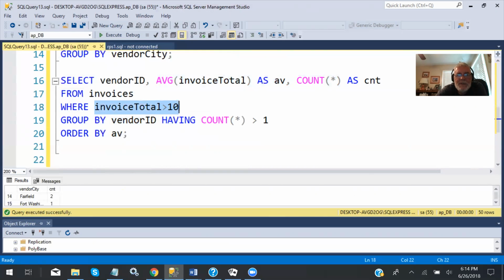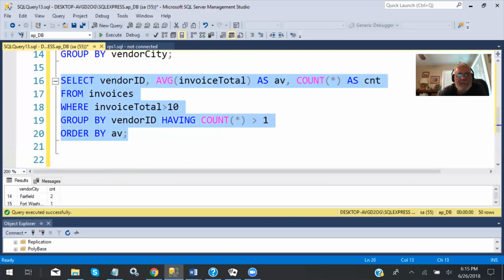I just put this in here to show where the where clause would go. So it's select from where. After that comes the group by and the having. And after that, the order by. So I can go order by AV, or I could go order by CNT. But notice that I can't put the having CNT greater than 1, I can't use CNT on the having line. So when I execute this guy,